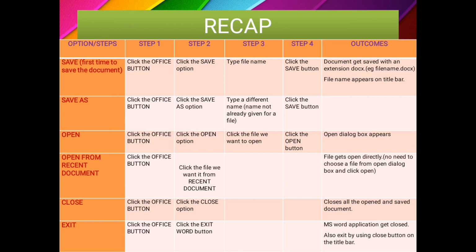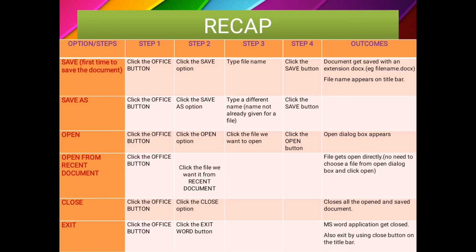Next, Save is for saving the document the first time. If you want to save an already saved file with a different name, which option do we choose? The Save As option is used. There are two ways of opening a document. One is by clicking the Office button and selecting the options available under the Office button menu. Otherwise you can choose it from the recent documents. Control O is the shortcut key to open a document, and Control S is for saving the document.